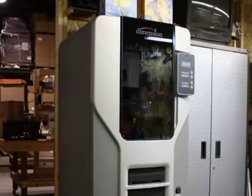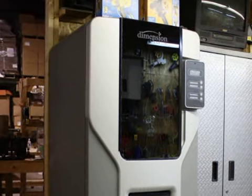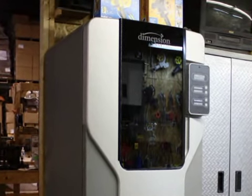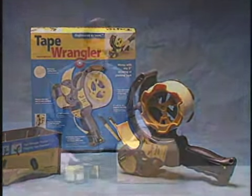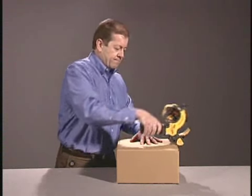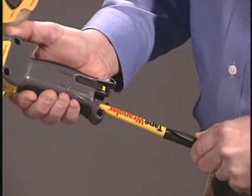Co-founders Wendy and Rick Steele use their Dimension 3D printer from Stratasys to innovate, tweak, redesign, and create realistic prototypes for their product line of specialty tape and stretch wrap dispensers. The speed of in-house prototyping helps them get products to market faster, while gaining greater acceptance with a product ideally